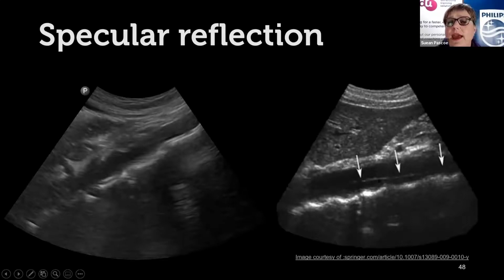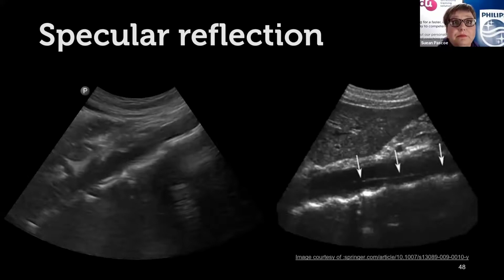And the reason for this is when you have a dissectional flap, it's a very, very thin layer of material, and you need to be perfectly at 90 degrees to get any sound returning from that dissectional flap. So if you've got your aorta like this one on the left and it's still quite oblique, you can miss a dissectional flap. So make sure after you've examined that proximal part that you then rock the probe so that your aorta goes much more horizontally on the screen and that your crystals are then intersecting that aorta at 90 degrees so that you get the best specular reflection possible from a potential